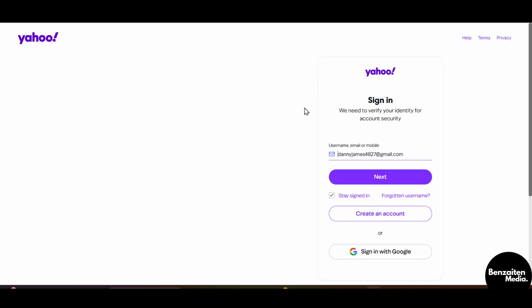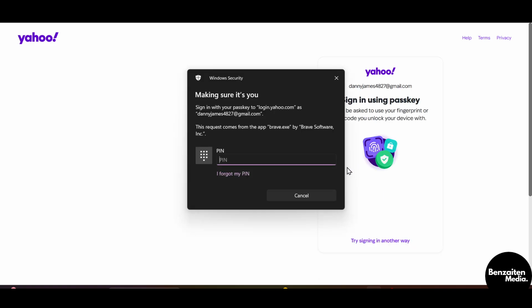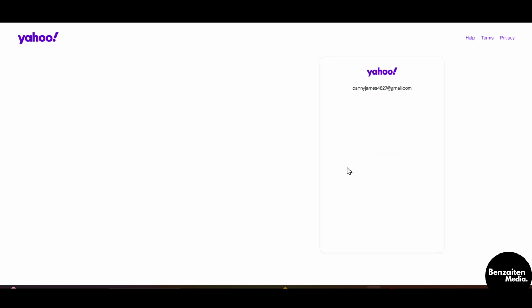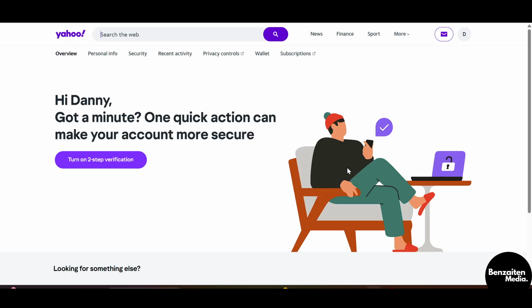Now, after clicking on manage your account, enter your account and then click on next. Type in your passkey. And after typing your passkey, it will sign you into your Yahoo Mail. Now, after coming here at the top, you can see the security option. After clicking on the security option,